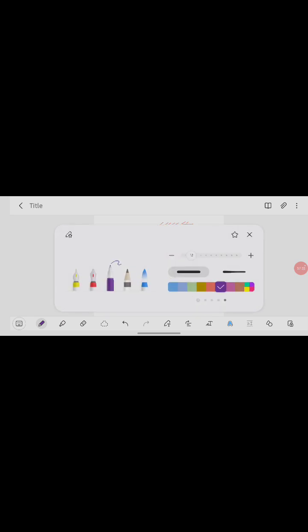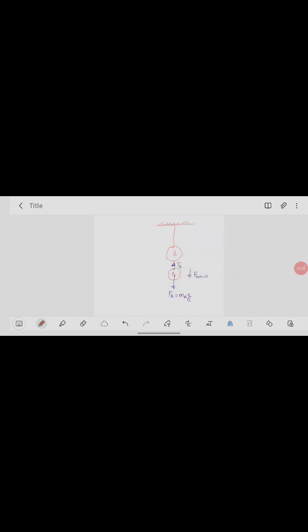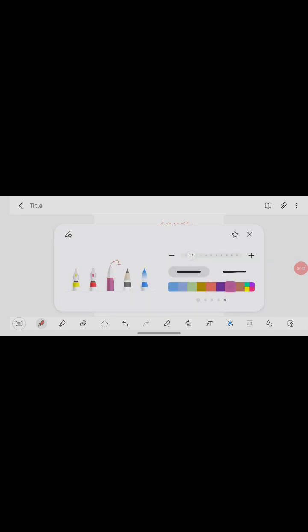This body is in motion, so there is no motion, it is not moving. So F net here is 0, correct? In case 2, the upper one, this body mass, okay,